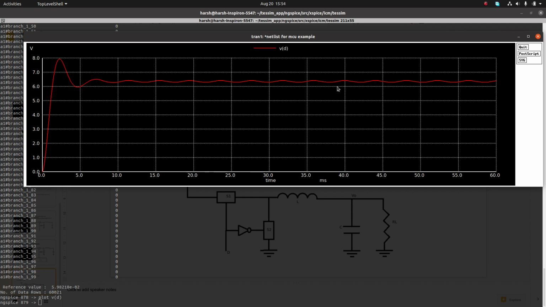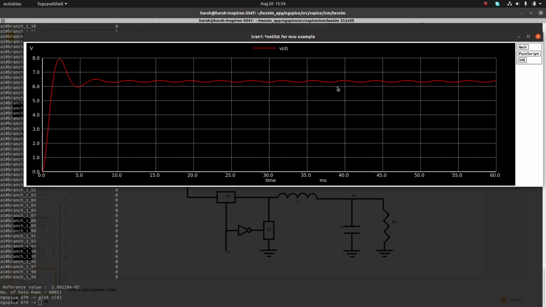But in reality, buck converters are present inside power regulators in phones, laptops, and PCs, and there you need the voltage in a very narrow range. Even when the processor is drawing a lot of current, you still don't want the voltage changing from say 3.3 to even 3 volts. So what we want here is that the voltage should remain at around 7 volts and not vary much beyond it.